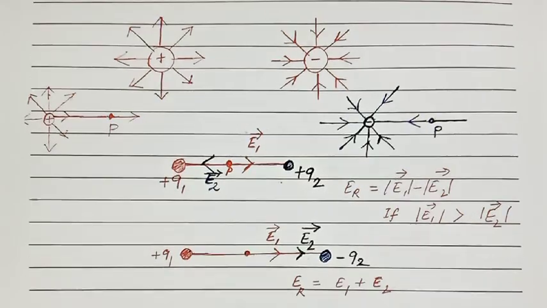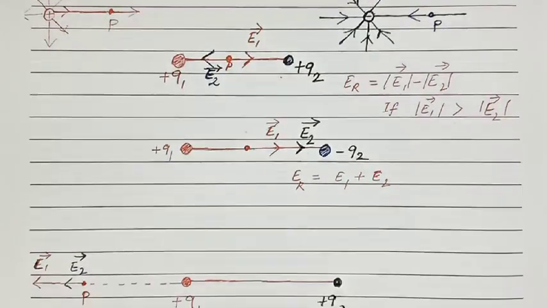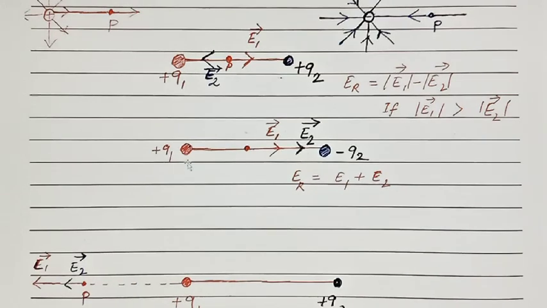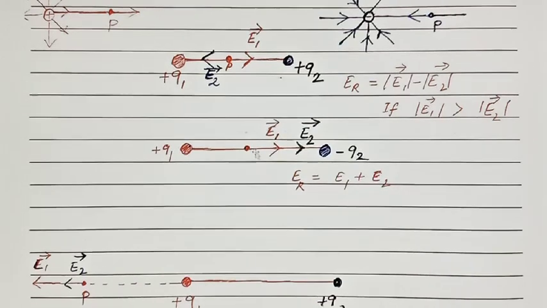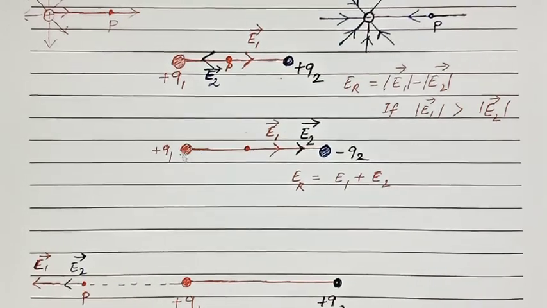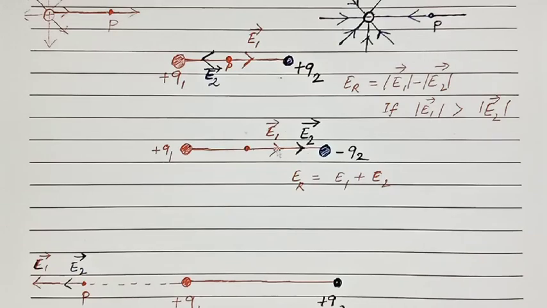Okay, so next you see a pair of positive and negative charges. This is Q1 positive, this is Q2 negative. Now at this point, if you want to draw electric field vectors for both, then due to this positive charge this is the electric field vector, because from that charge electric field lines have to come out, and through that point also it has to go like this. So this is the electric field vector at this point.